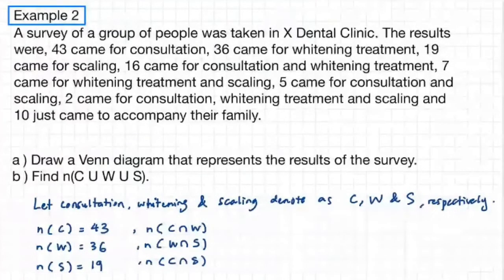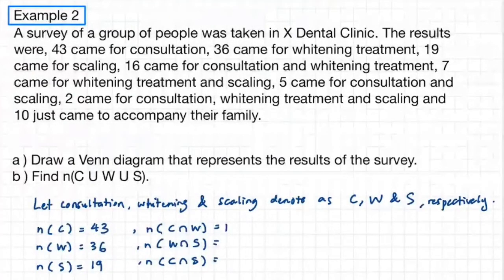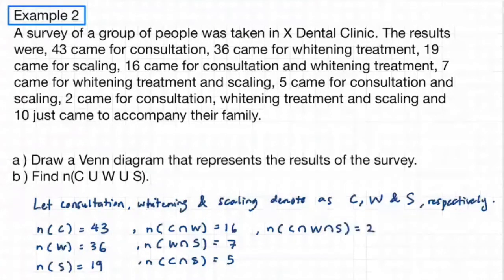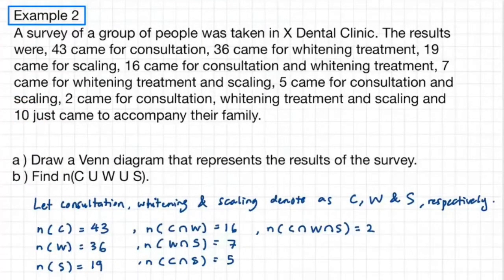Okay, take out all the information. This one 16, 7 and 5. And then 2 came for consultation, whitening and scaling. Okay, the number of elements of C intersection W intersection S is equal to 2. And 10 must be outside of these 3 sets. So now you have all this information. The question asks you to